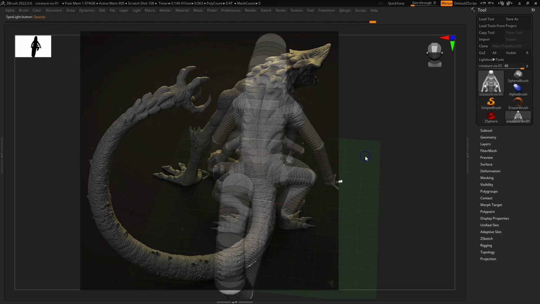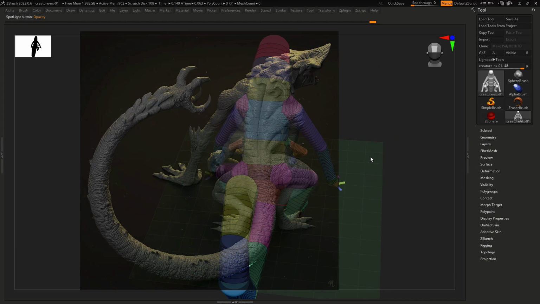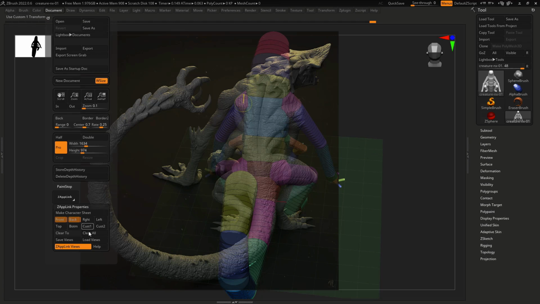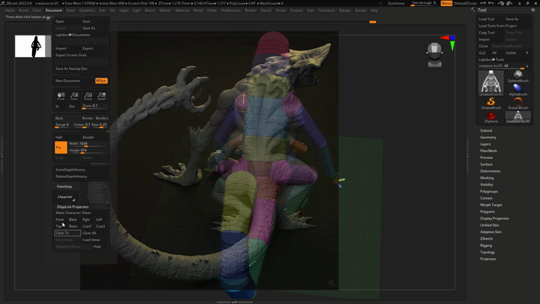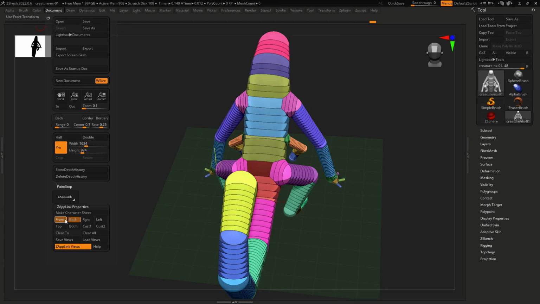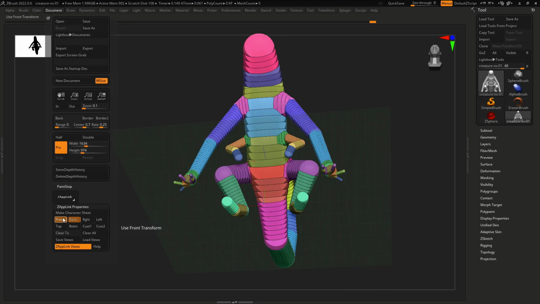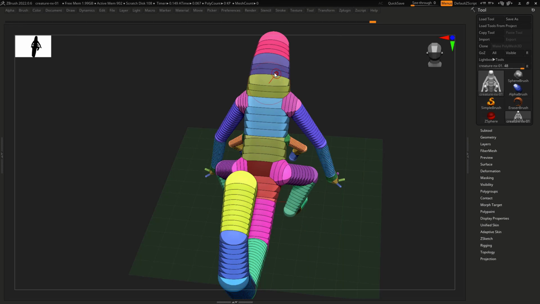Let me check. Let me see more or less here. It can be here. Let me clear all views and press front. Clear the back because I don't want the back. Or let me check front. Now let me press front and back. Yeah, it can be here. So from this point, let me turn off the symmetry and I'm going to try to block